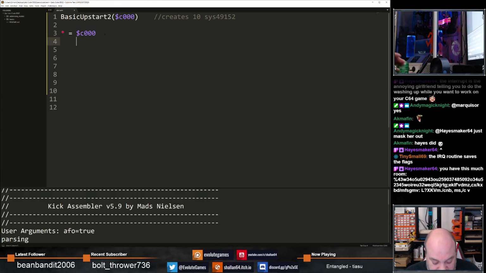So I'm just going to do a very, very simple piece of code now, which is PHP and then RTS. This isn't PHP the language, this is another stack command. It's called push the processor status to the stack. If I run that,